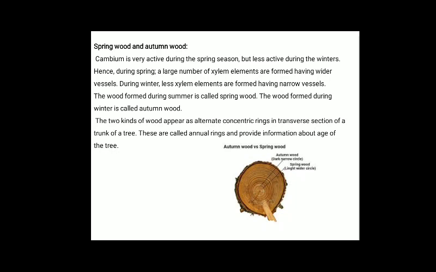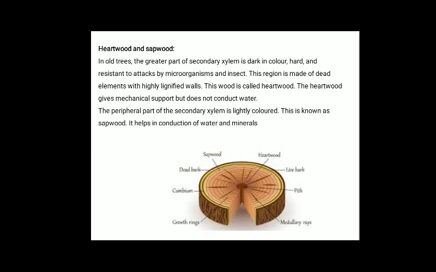These are called annual rings and provide information about the age of trees. This phenomenon is known as dendrochronology. Then hardwood and sapwood. In older trees, the greater part of secondary xylem is dark in color, hard and resistant